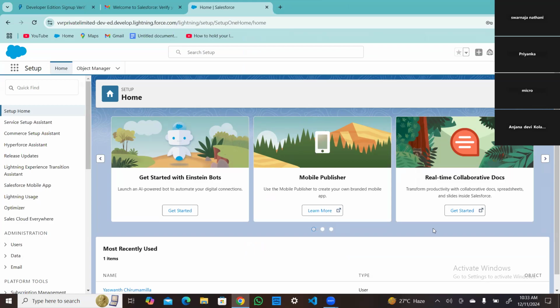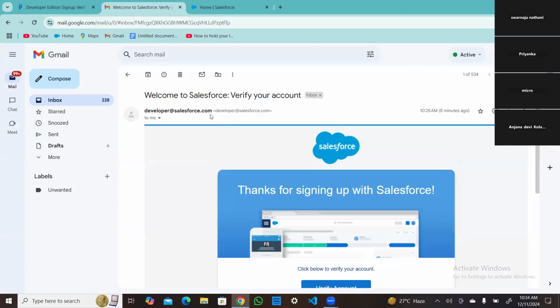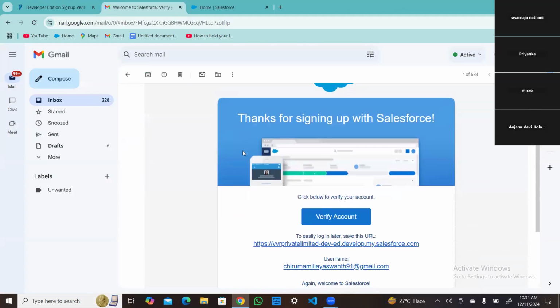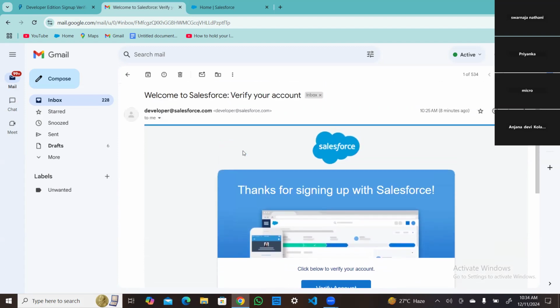So basically, guys, can you just show the email once, Yashwant? Yes, ma'am. As soon as you create your developer account, you will get an email from Salesforce, developer@salesforce.com, saying verify your account.